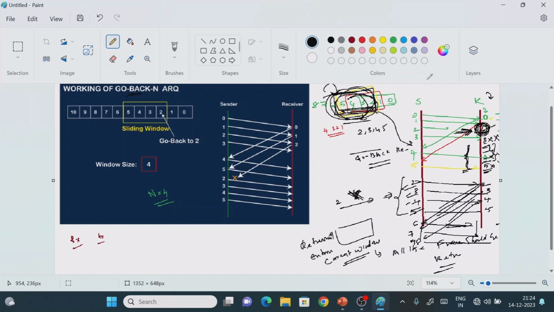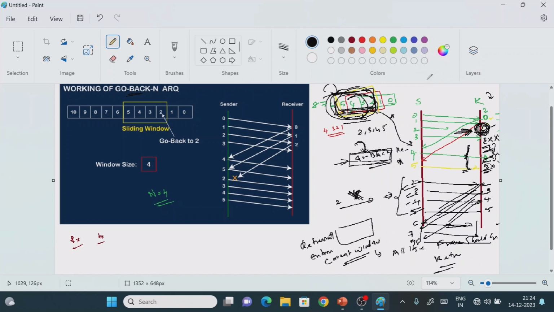That is why it is named Go-Back-N ARQ: we retransmit the same window again, because it is not accepting the remaining frames.